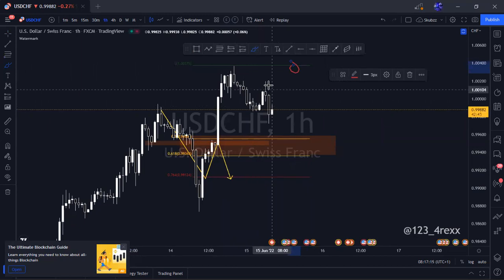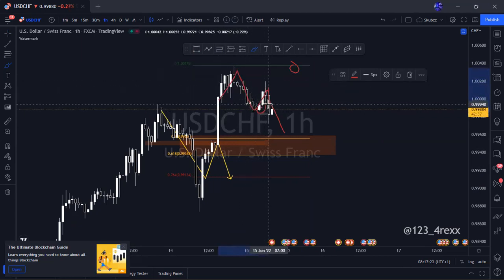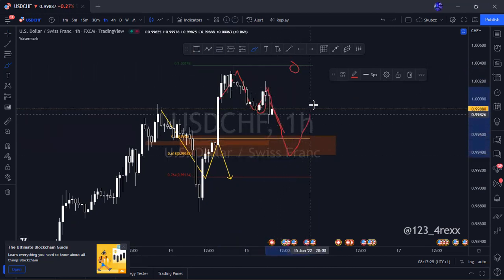That's one way to look at it. But at the same time, as price is breaking to the downside, now you can see that it's breaking structure here, which basically shifts the market structure. I hate seeing conflicting biases, but you can see something like this, or that would be continuation to the downside. Either way, just watch out how price behaves.